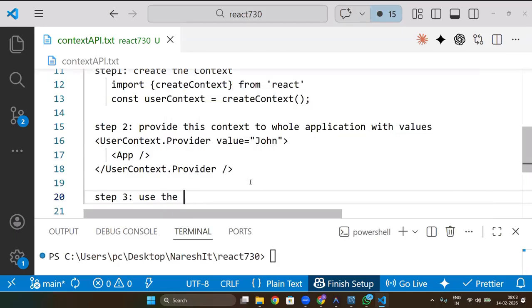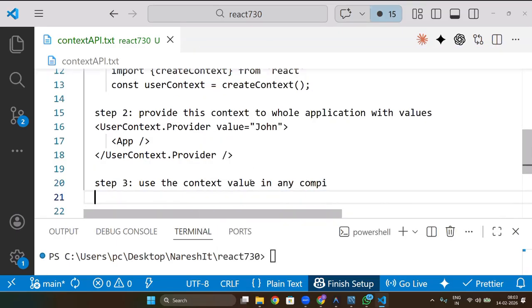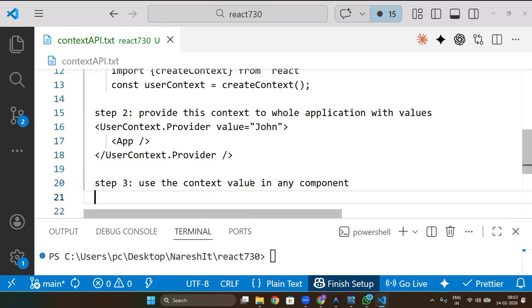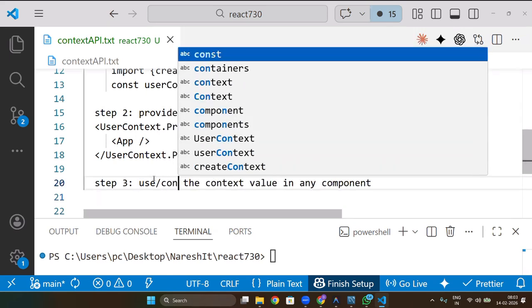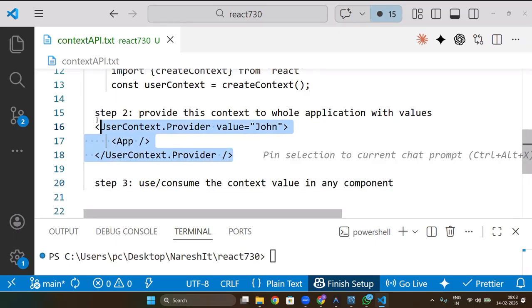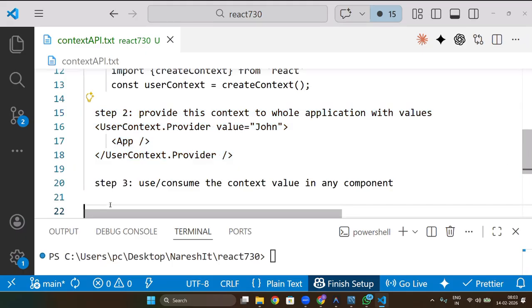Use the context value in any component. Obviously, that component should be inside the app. People call it use or consume. Basically, both are same. This is just a terminology difference. In context, the one which is providing is called provider. The one which is using is called consumer. But basically, it's just a use. So all you have to do is